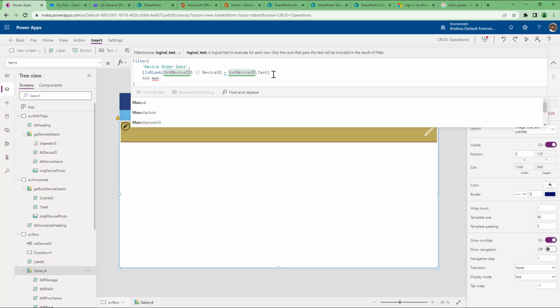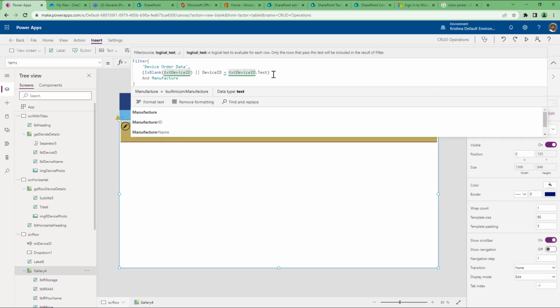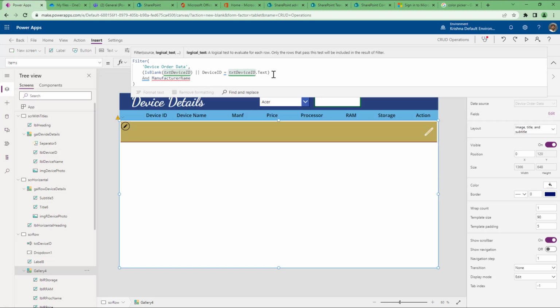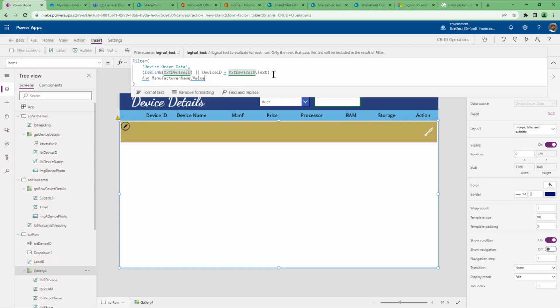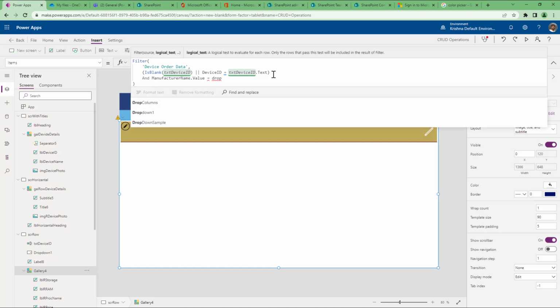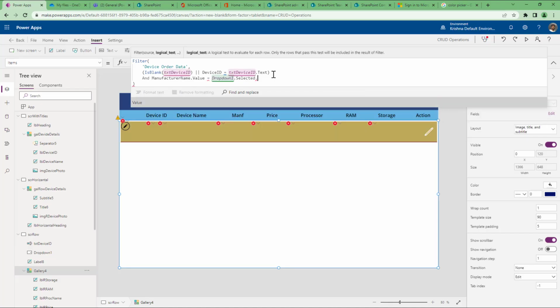Manufacturer's name dot manufacturer name dot value equal to my drop down one dot selected dot value. Okay,